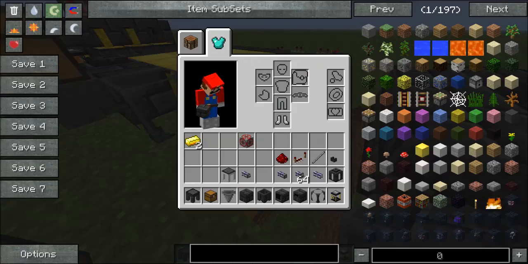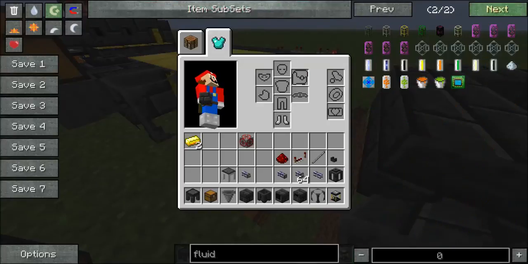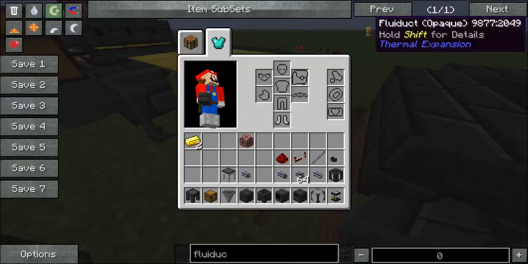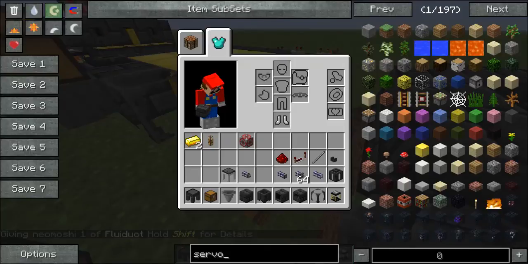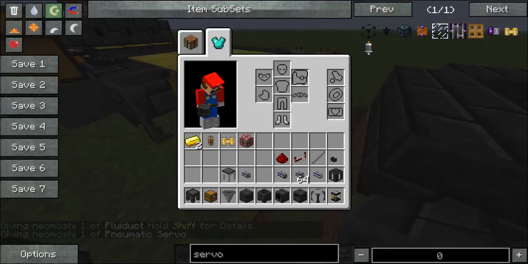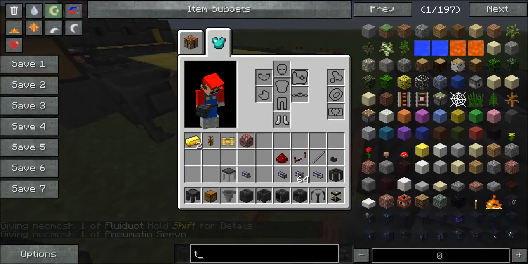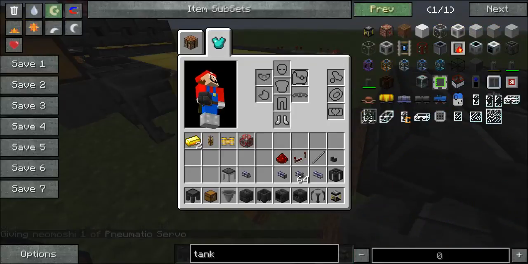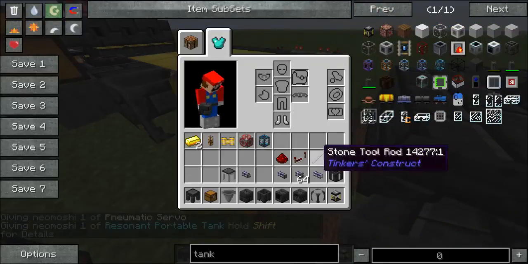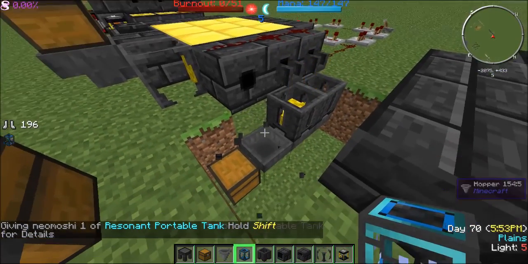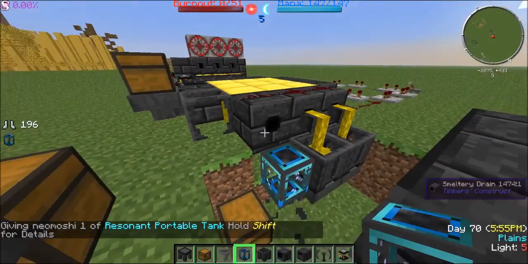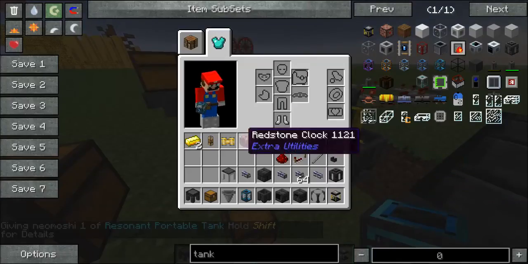So let's break that and then get some fluid ducts. Fluid duct. There we go. And then all we'd need is a servo. And let's just get a random tank. Any tank will do. So in this case, we're going to be using resonant tanks from thermal expansion. So we're going to place that there. Get rid of that, and we're going to take